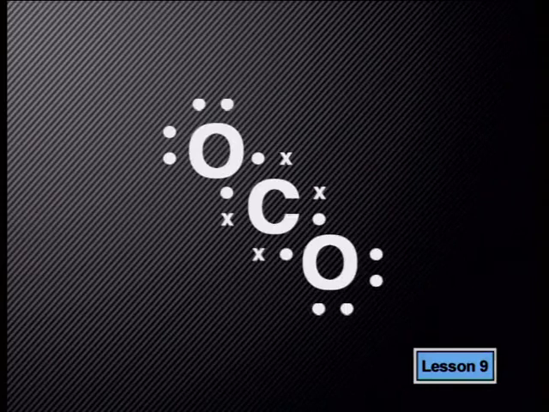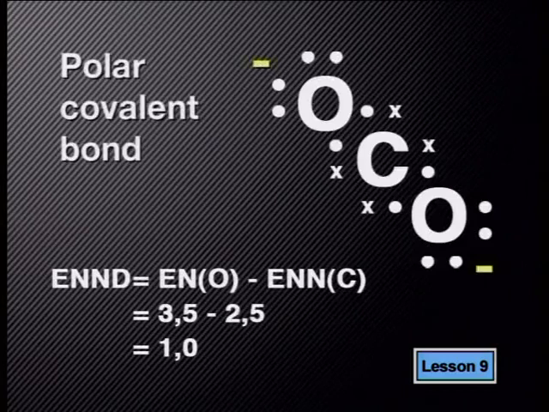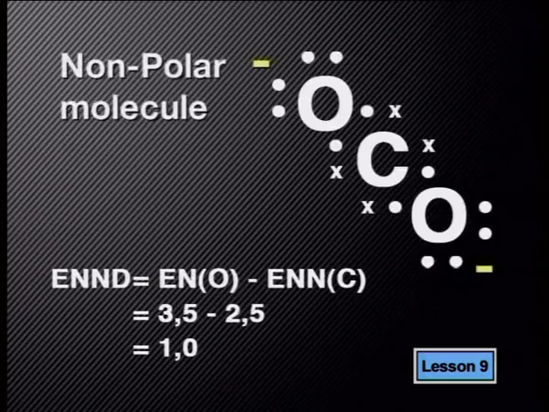Remember that to arrange 2 things in space as far away from each other as possible is easy. The molecular shape is linear. But how are electrons distributed? Well, the electronegativity number difference between carbon and oxygen is 1.0. So the carbon-oxygen bond is polar covalent. But overall, because the molecule has a symmetrical shape, 2 oppositely charged ends do not form. We can say that the carbon dioxide molecule is non-polar.